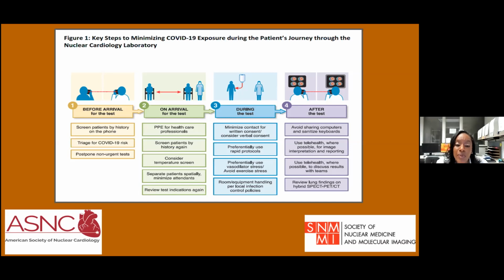Very important to separate the patients at least 6 feet between each other and minimize attendance within the room. Again, it's important that the patient presents for the test, that the appropriate use criteria is reviewed to ensure that the indication for the study is appropriate. Now, during the test, minimizing contact for written consent might be considered, and to use verbal consent if